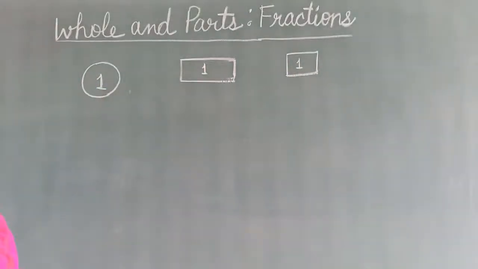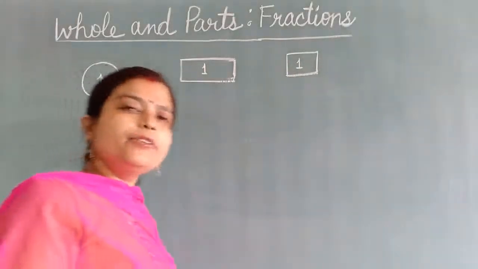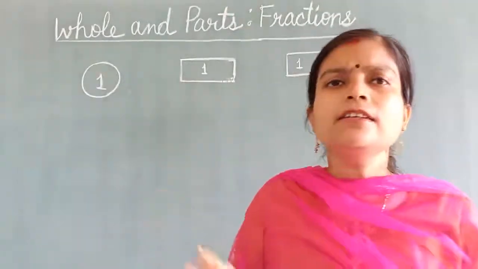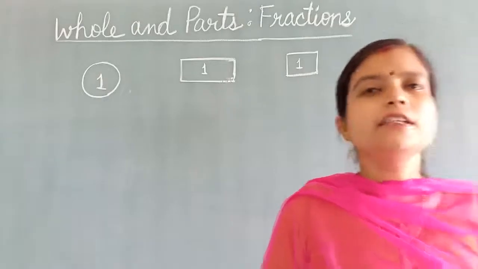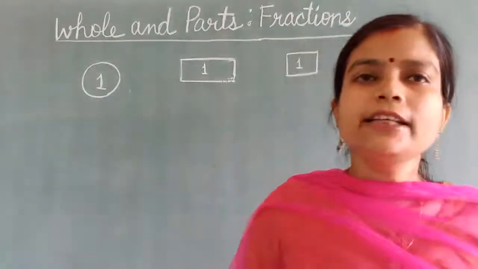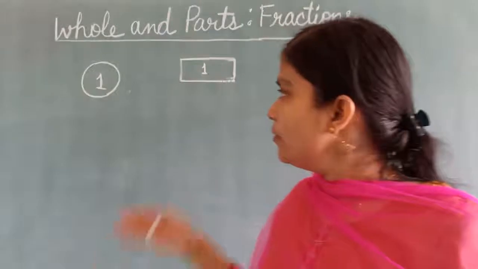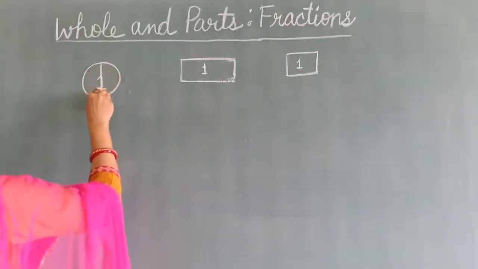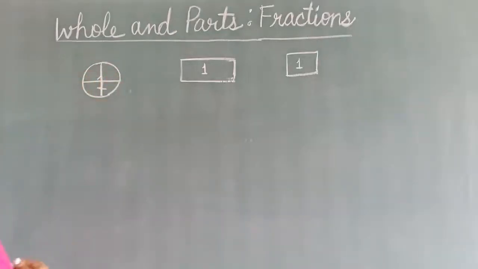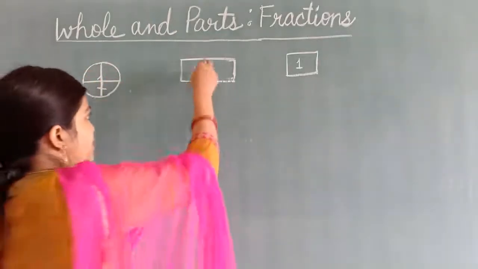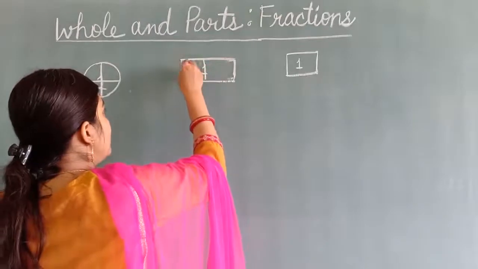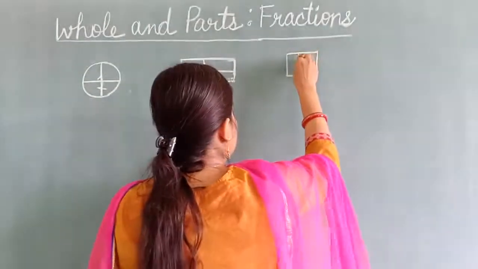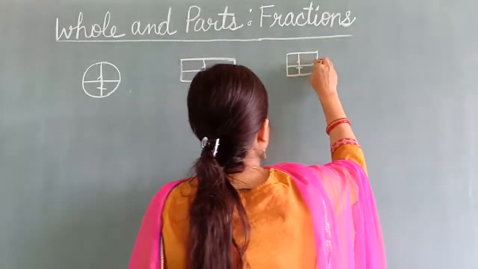What we are doing? We are dividing it into equal parts. You can divide into equal parts, or you can divide into unequal parts also. But here we are discussing dividing into equal parts. For example, you have divided your cake into 4 equal parts. Okay? Your Cadbury's bar into 4 equal parts. And this also in 4 equal parts.